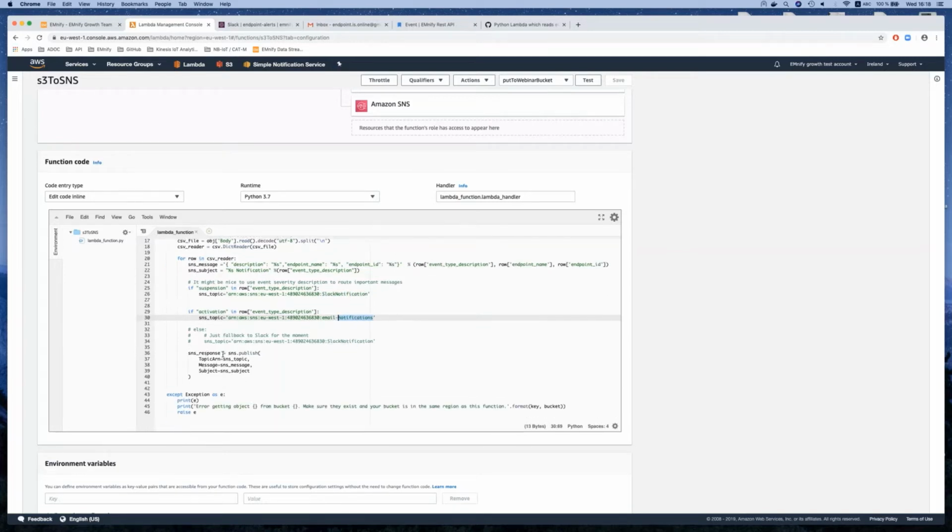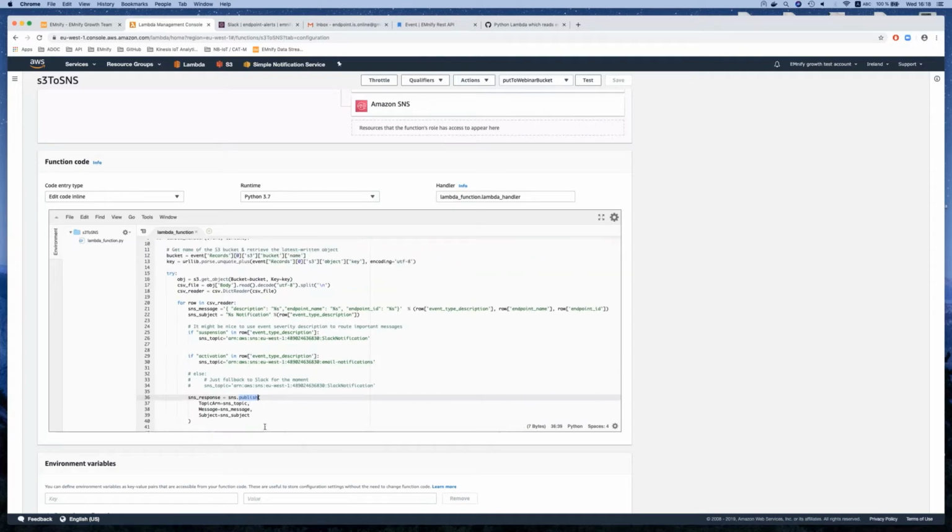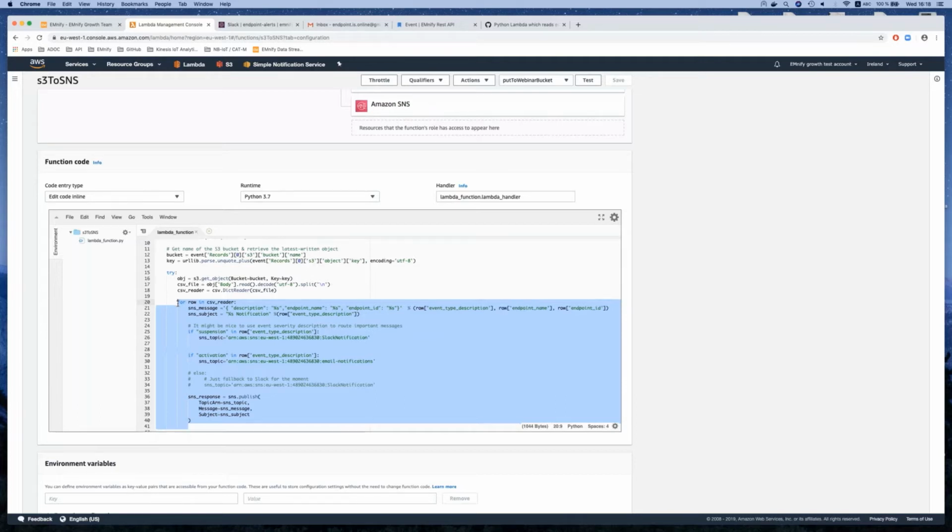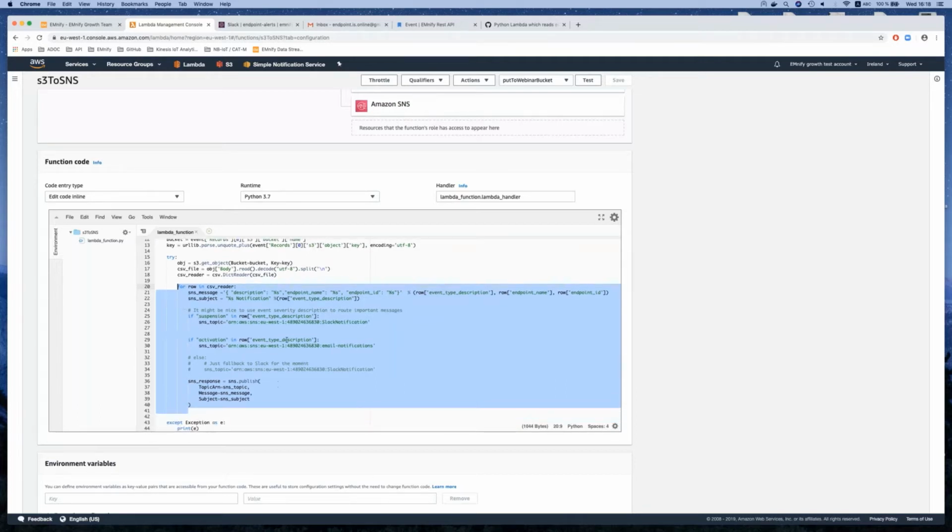And then we actually publish to these topics. So this is really where most of the hard work of the whole tool chain, or I would say this pipeline, is, the most complicated part, where we're reading this CSV file and we're deciding where we want to send it. I mean, it's possible for sure to directly have your email and Slack logic in this Lambda, but in our case, it's just a bit simpler if we separate out the logic. Okay,